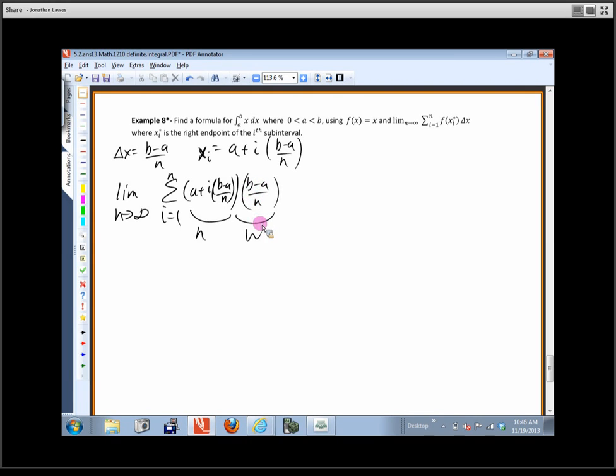With me there? Okay. So let's go ahead and multiply through. So this is going to be the limit as n approaches infinity. I'm going to get the sum from i equals 1 to n. And when I distribute through, I get these terms. I get a times b minus a over n. Correct? And then I get plus